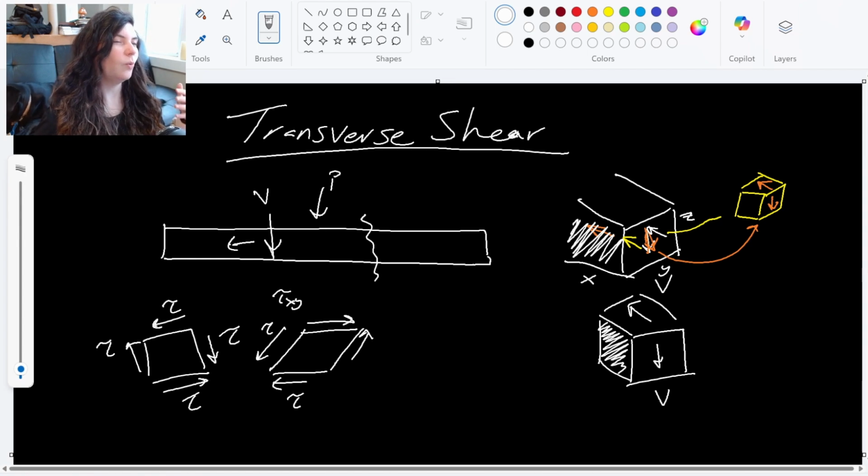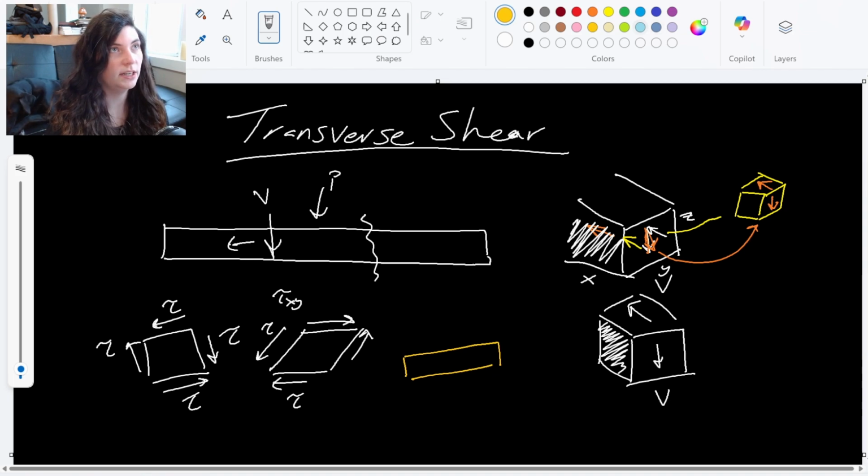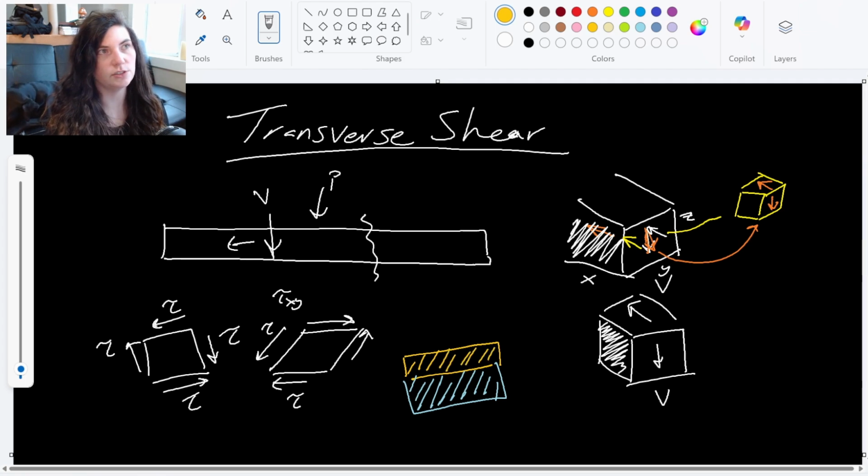So why would we care, right? Why would I care if there's shear stress going through the beam, right? Well, it's because of the last couple of things that we talked about, right? We just talked about composite beams where we have multiple materials glued together. So maybe I took some wood and I glue it to a piece of metal, and now this is a composite beam, right? So the reason that I would care about this transverse stress